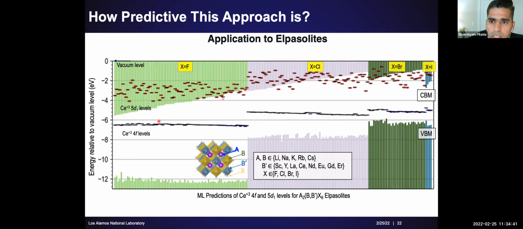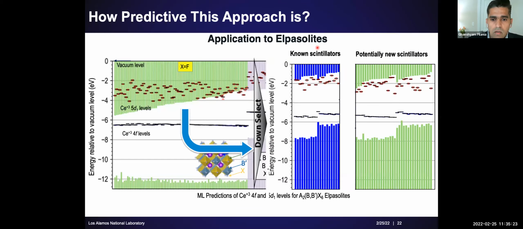Second thing is that fluorides and iodides are not expected to be good scintillators because of two completely different reasons. In case of fluorides, the gap between VBM and 4F levels is very large, and so one will have trouble localizing holes. On the other hand, iodide 4F 5T levels are buried in the conduction band, and so one will not be able to localize electrons there. So our best bets are chloride and bromide according to predictions, and this is actually true. Vast majority of known scintillators in this chemical space happen to be chlorides and bromides.